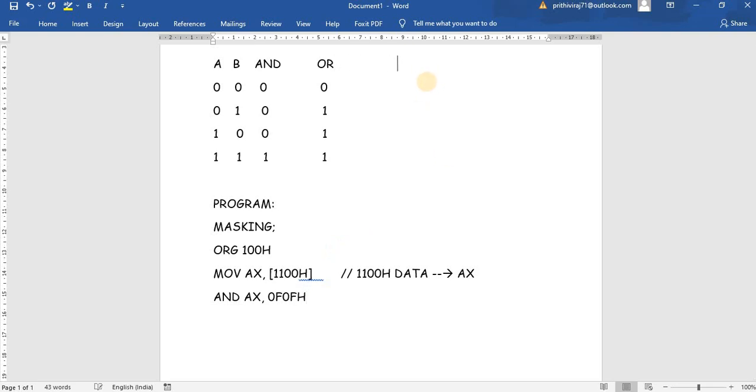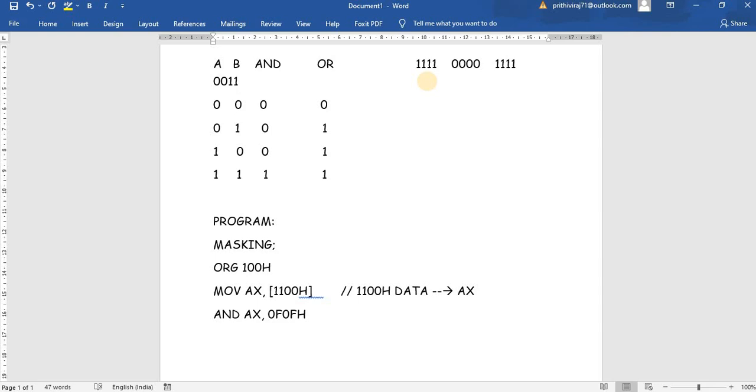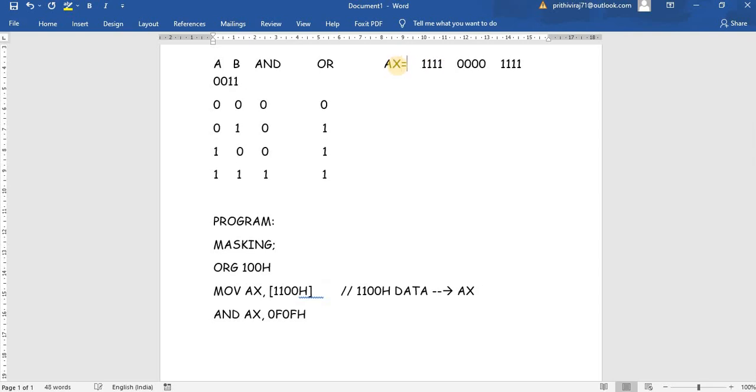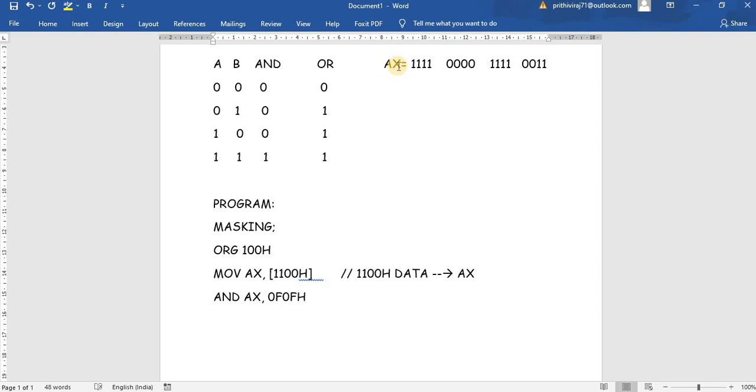Let us see. The input is 1 1 1 1 0 0 0 0 1 1 1 0 0 1 1. So this is my AX input.